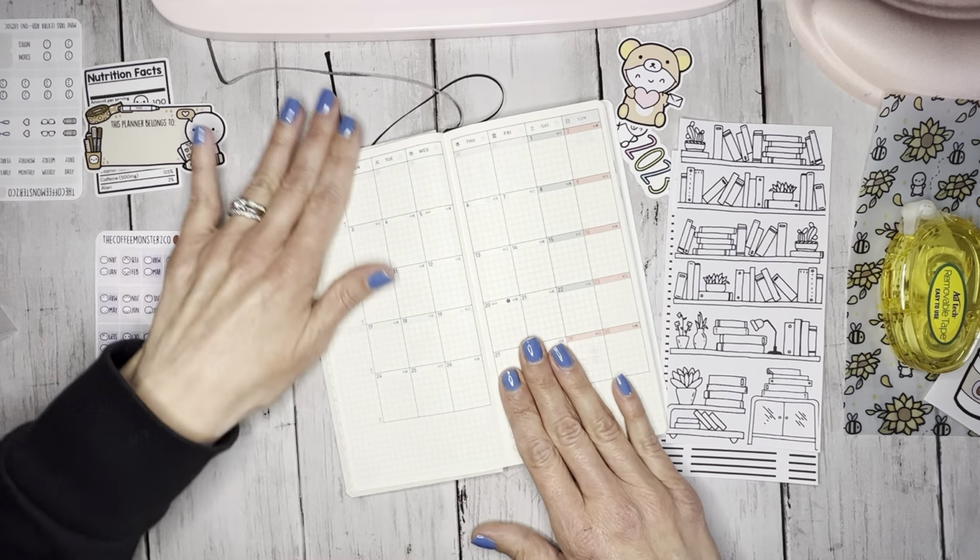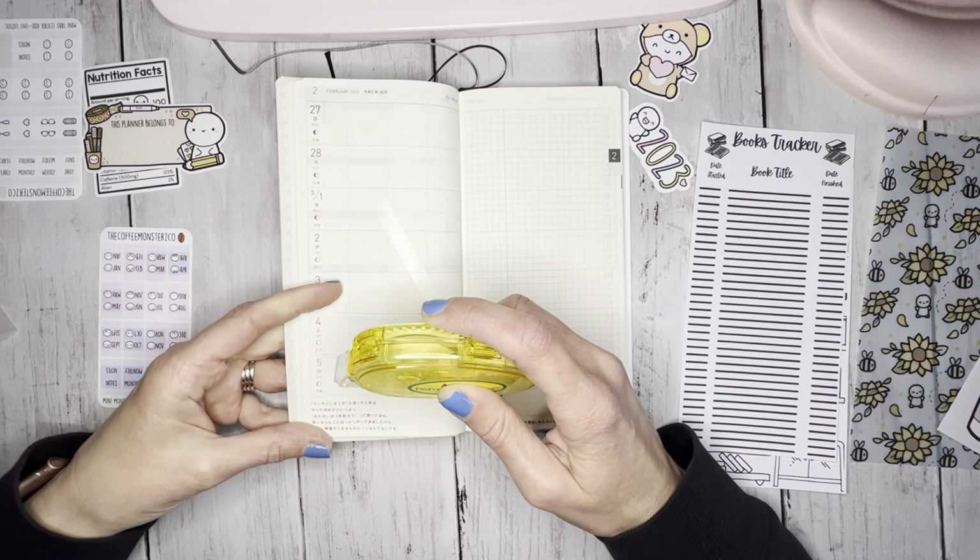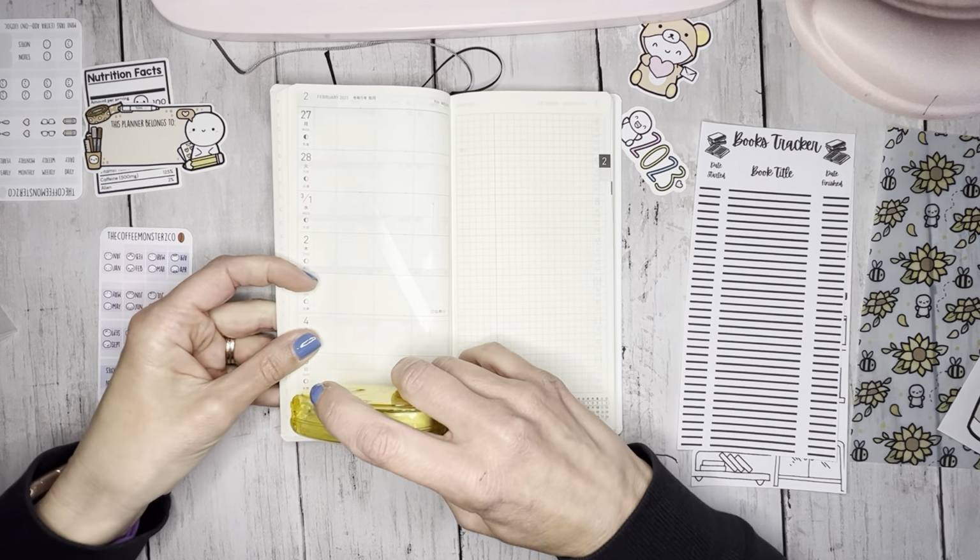my book tracker, my note section in my Hobonichi Weeks, the January start, I have not used it the way that I expected to use it. Kind of feel bad that I haven't, but it's mostly because a lot of my tracking is done in my Hobonichi Cousin. And all of my notes and journaling and everything. I live in that planner. I absolutely adore it. And I have totally found planner peace in both of these planners, to be quite honest,